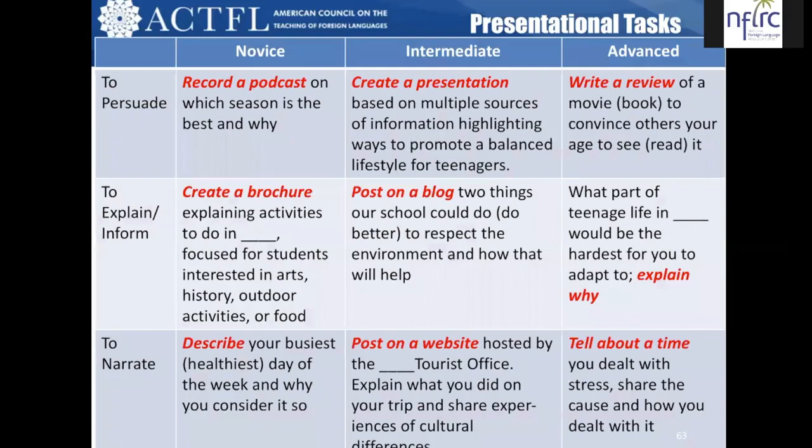So here are some examples of presentational tasks. You can see on the left is the function to persuade, to explain or inform, to narrate. And here's what it looks like at the novice level, the intermediate level, and the advanced level. And I included these so that you would have a variety of tasks to lean back on. As you can see, there are plenty that really reflect the online classroom in a way that is meaningful for